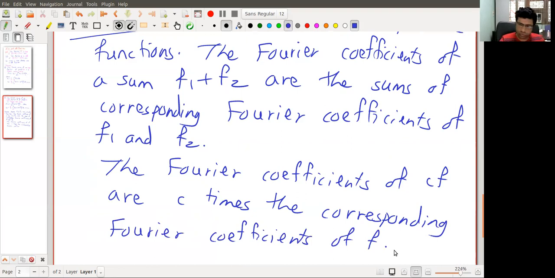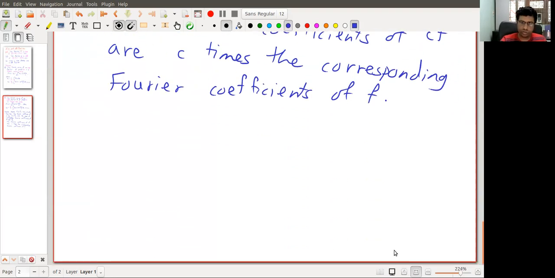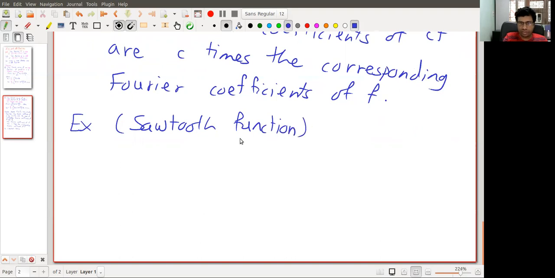Okay. Now let us solve an example. This is a sawtooth function. When we sketch this function, we can realize that it looks like a sawtooth. So let us write this down. The question is: find the Fourier series